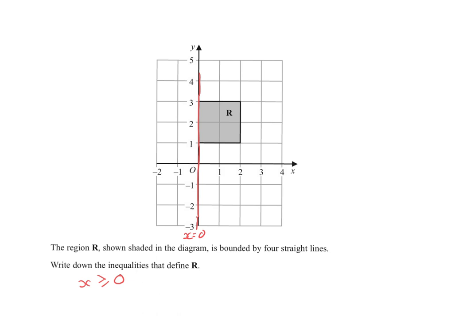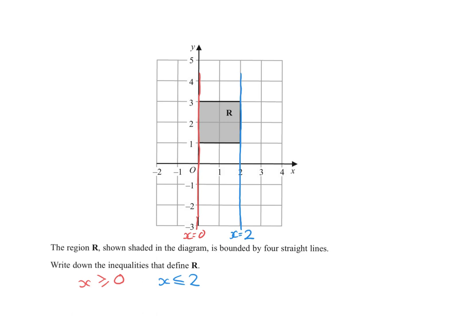Now let's look at the next vertical one, which is this line here. And that line is x equals 2. And we want everything to the left of that. We want all values smaller than that. So we know that x is less than or equal to 2. Now looking at the